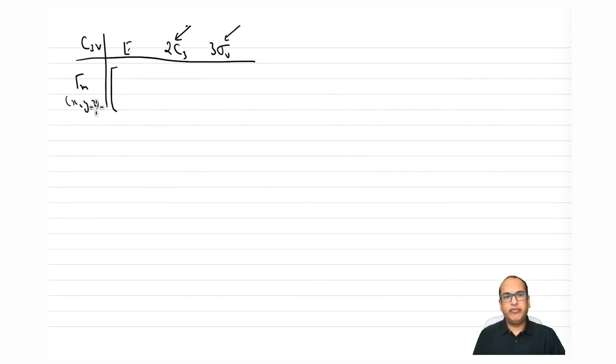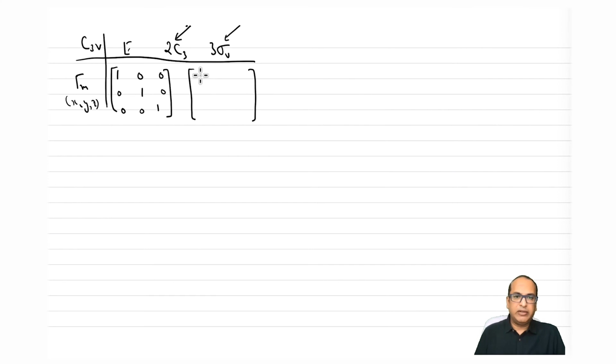So that means if we are using xyz as the basis, our matrix will be 3 cross 3 order, and E will be just the identity matrix or the unitary matrix, unit matrix of order 3, right? Now for C3, we can write cos theta, minus sin theta, 0, sin theta, cos theta, where theta will take the value 120 degrees.